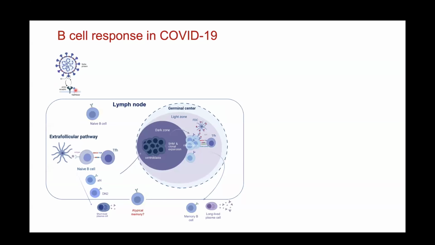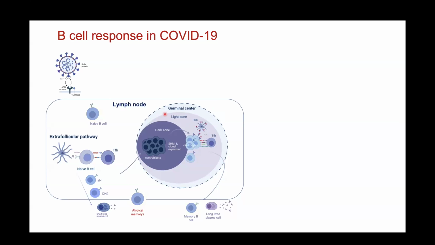Once the virus enters the body and interacts with naive B cells, these cells can take two main pathways. The extrafollicular pathway is for a rapid antibody response. The naive cells get activated and go into the differentiation of short-lived plasma cells to produce antibodies, but with low affinity to the antigen. At the same time, naive B cells can be activated, migrate, and proliferate to form germinal